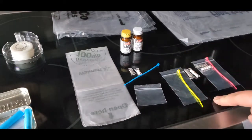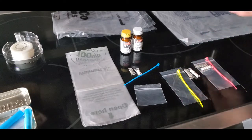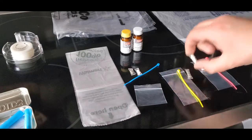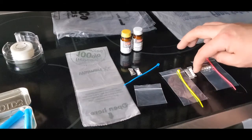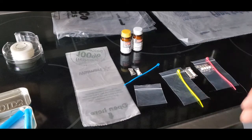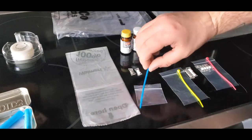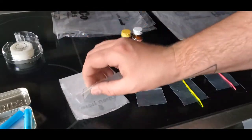For these larger bags, I also have more tablets for more uses, and like I said, you can replace the white tabs, those are the purifying of the iodine flavor and color. You can replace those with just more water purification tablets, which in a situation would probably be better. And I do have little miniature zip ties that I also am going to put in the kits. But it's really simple. You just take a bag,